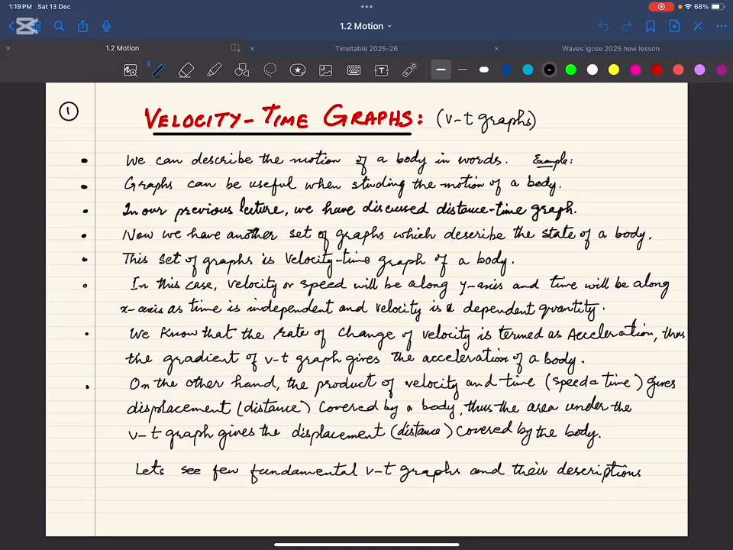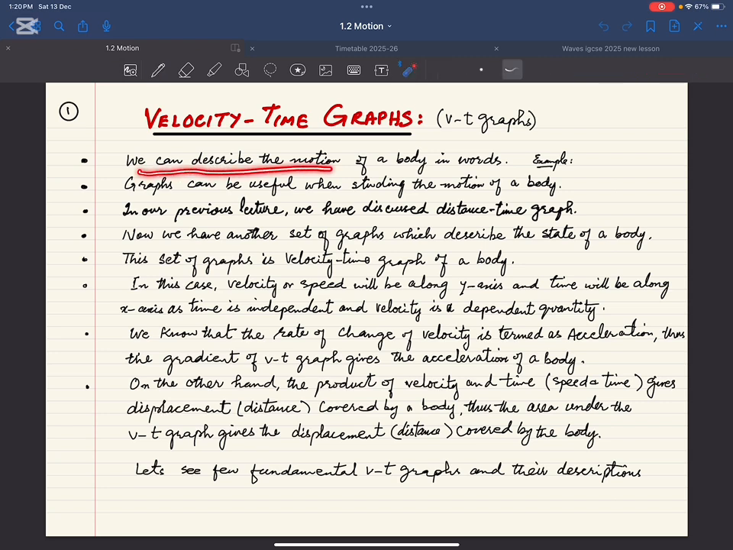Hello dear students. In our last discussion, we covered the distance time graph. Now we have another topic, which is the velocity time graph. There are a few important points we have to remember regarding graphs, and particularly the velocity time graph. First of all, as we have discussed in the distance time graph,